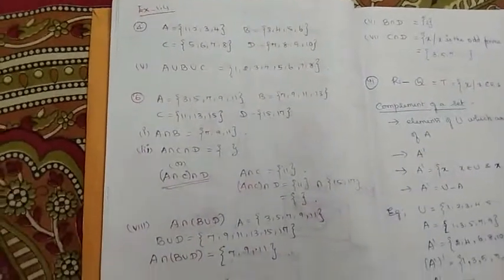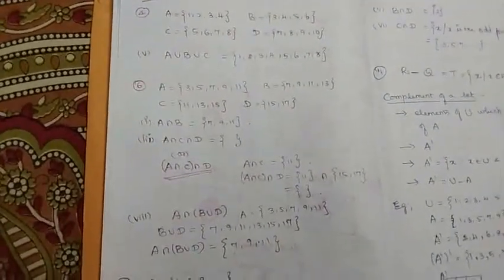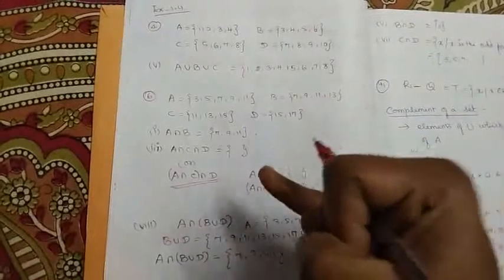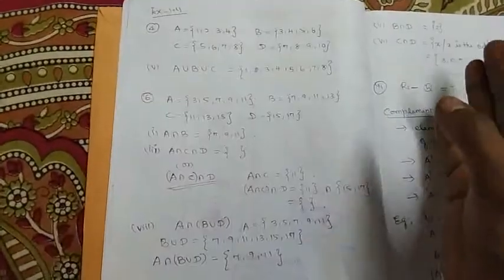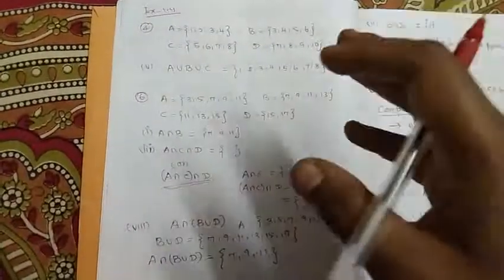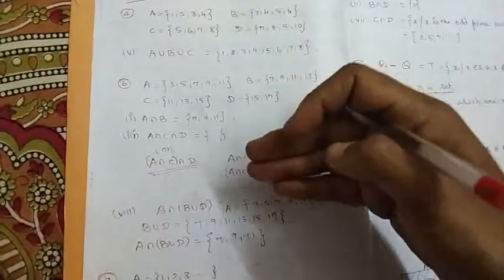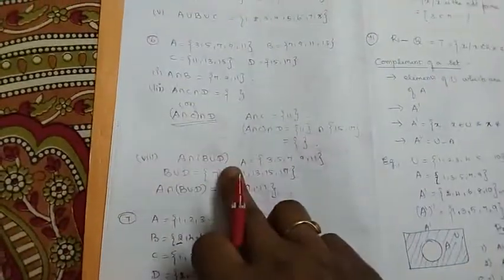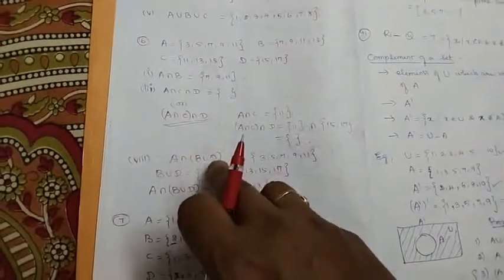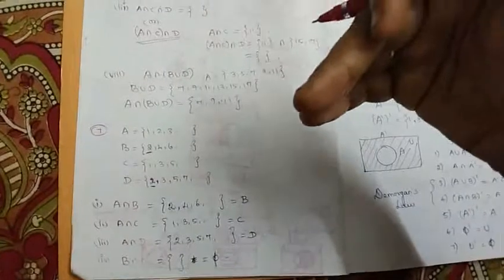Then we have done numerical problems. Solving numerical problems based on these operations on sets is very, very easy. Remember, union means you have to write all the elements together. Intersection means only common elements. Difference means first strike off the common elements and write the remaining elements of the first set. When you have more than two operations like this, first perform the thing for the things which are inside the braces and then extend it step by step.